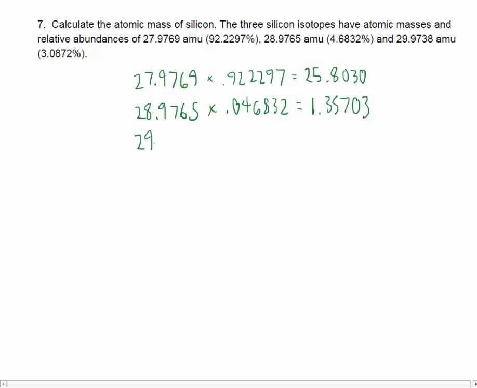And then finally you have the last isotope, 29.9738, and it is a percent abundance of 3%, so 0.0300872. Just be really careful when you shift those percentages into decimals that it's always 2 to the left. Again, that's where I see most of the errors from people that pretty much know what they're doing. And again, this gives us 0.925351. So if I add all that up together, I get a weighted atomic mass for silicon of